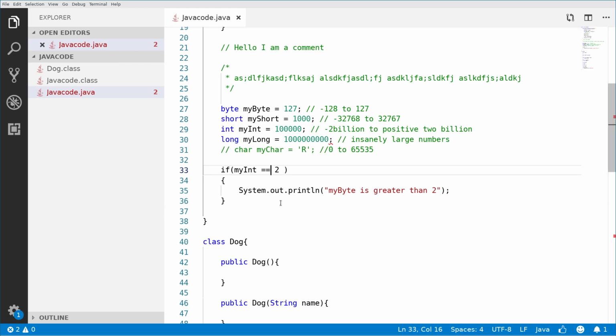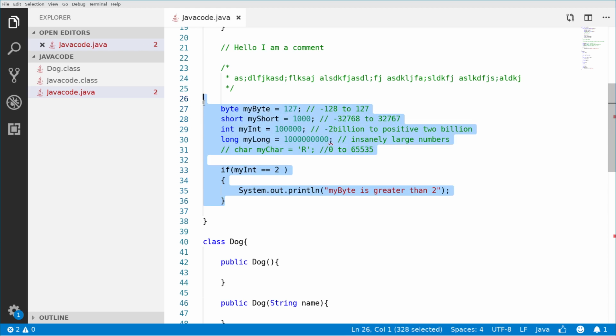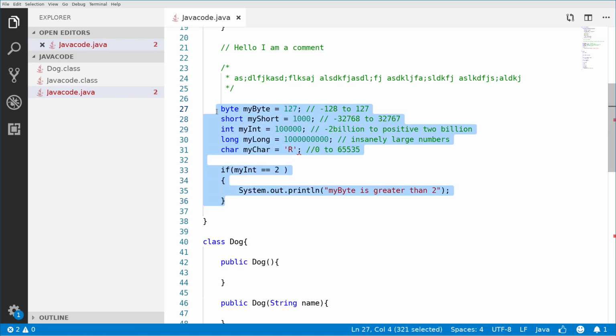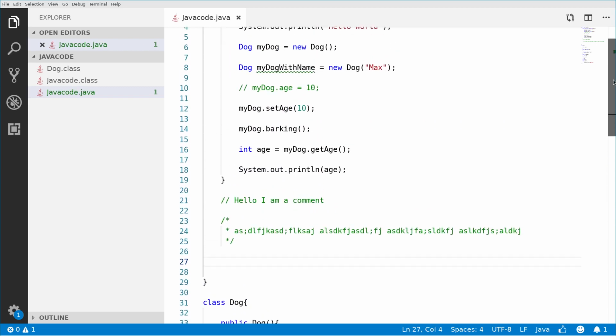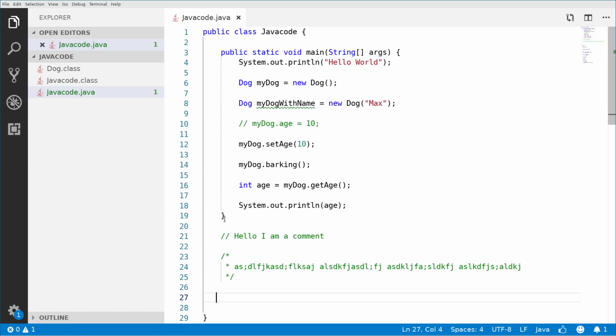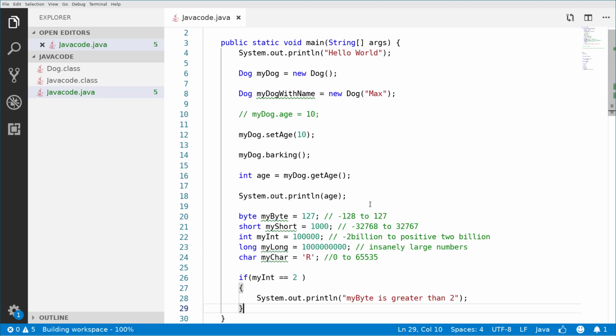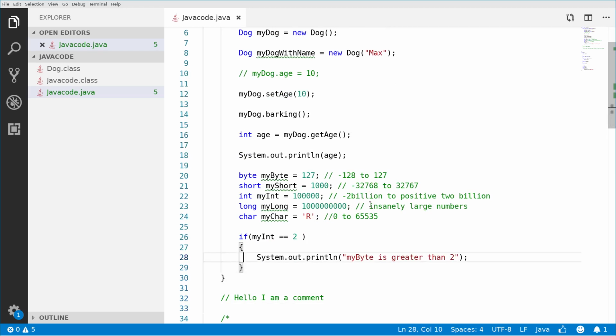So we have to execute all of this inside the main method, right? So it won't work if we are executing it outside the main method. So we will move this code to inside the main method because we're kind of executing outside the universe, right? So we have to put it inside the main method right here, okay? And now I will go back to the original code, which is my byte. If my byte is greater than 2,